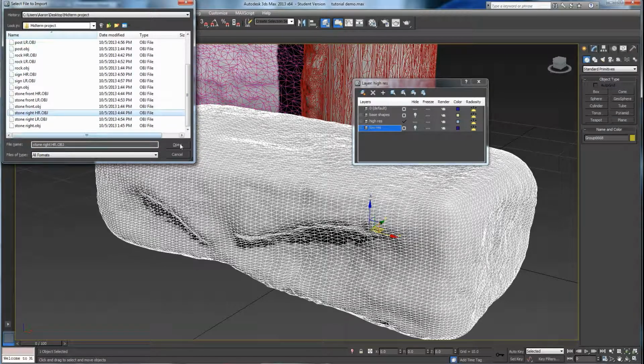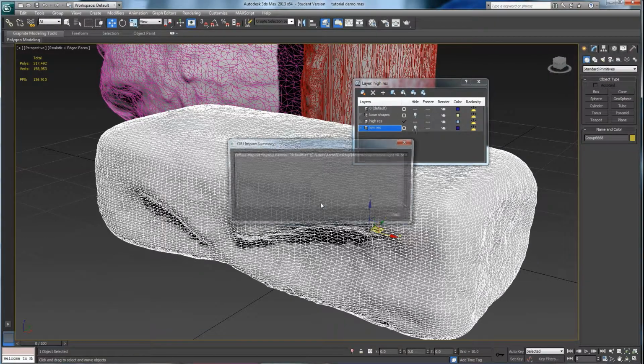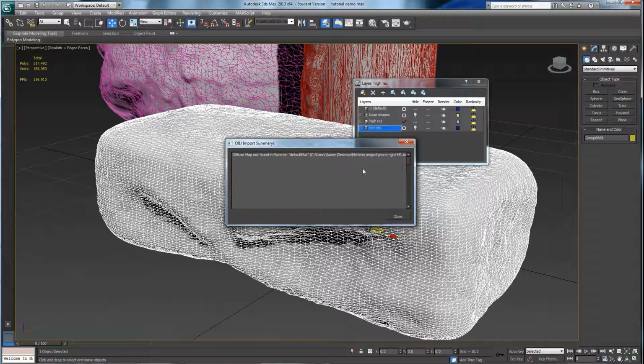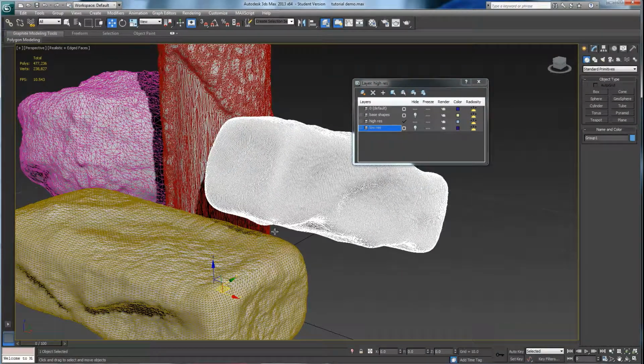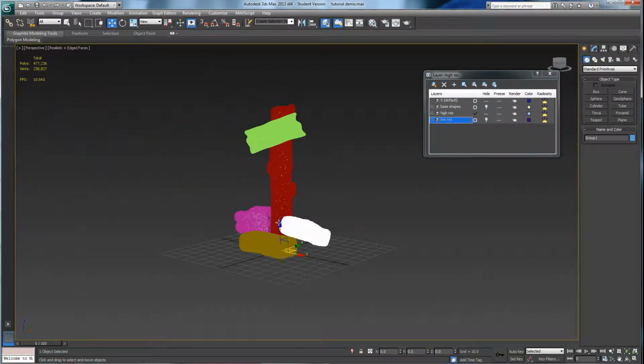And stone right, high res, import. And for some reason it's looking for a bitmap. It may be because it was exported originally with a material on there. Maybe from the initial check marks we did when we first exported from Max, but either way we're going to skip that. We don't need that. And now it's saying basically it can't find it, it doesn't know what to do. We're just going to press OK. We don't need that. Alright, and so now we have all of our high-res pieces imported